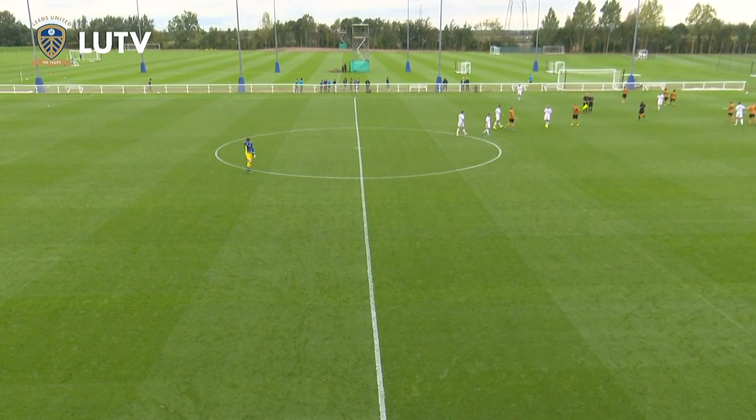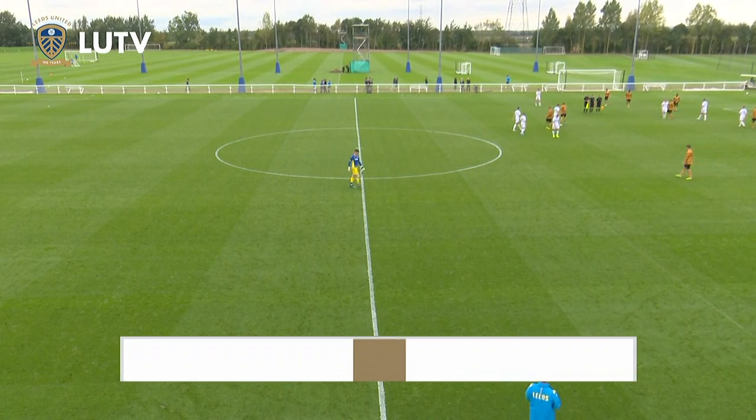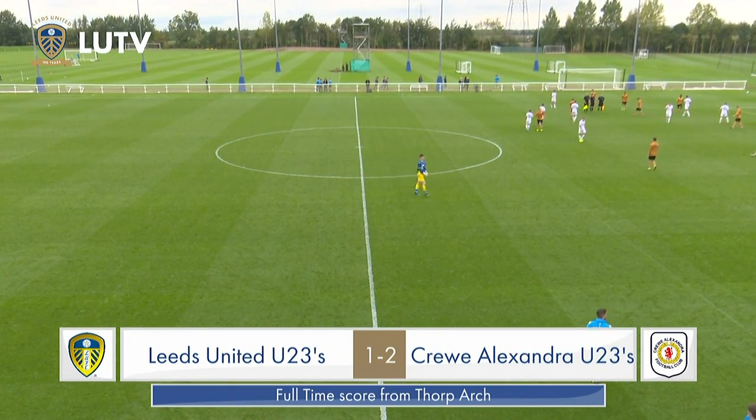Late fight back, Robbie Gotts, brave as you like to get a goal back for Leeds United, but it's frustration all round. They're back in action on Friday the 23rd, but the next action on LUTV